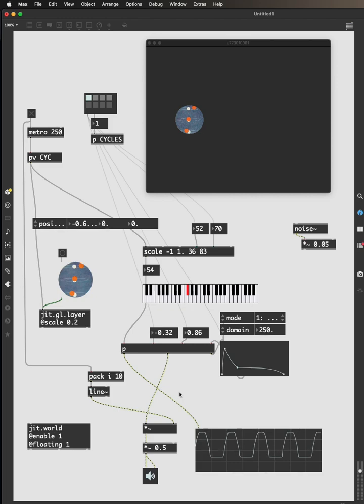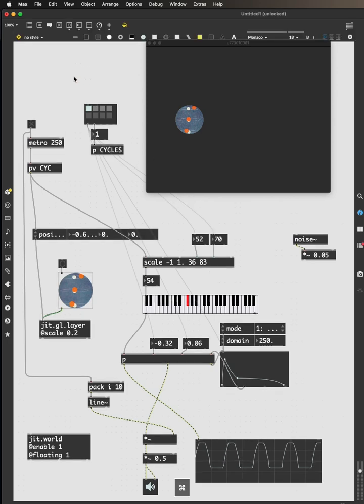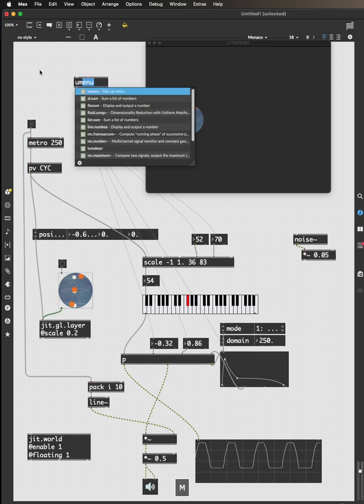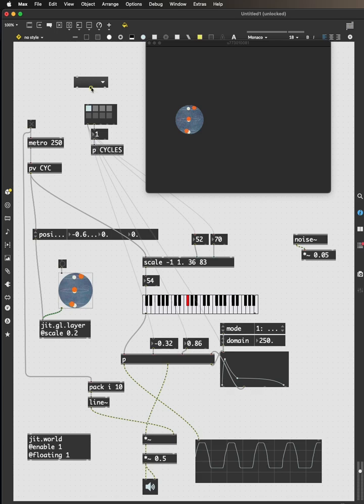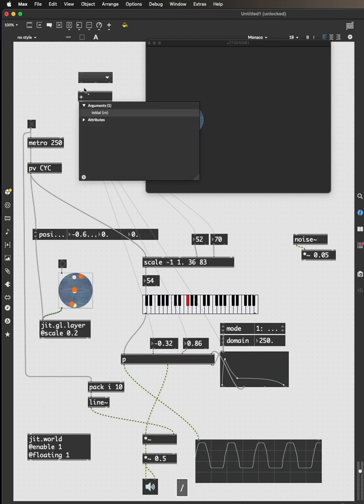So I'll just throw in a couple other thoughts. One is that U-menu and preset work nicely together. The left outlet of U-menu doesn't send the text of the menu, it only sends the item number. And it's a zero-based list. So if we do +1,